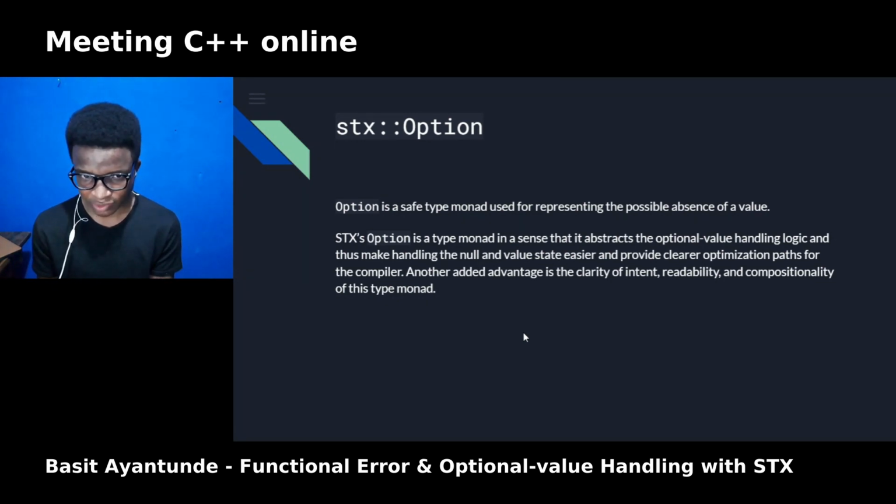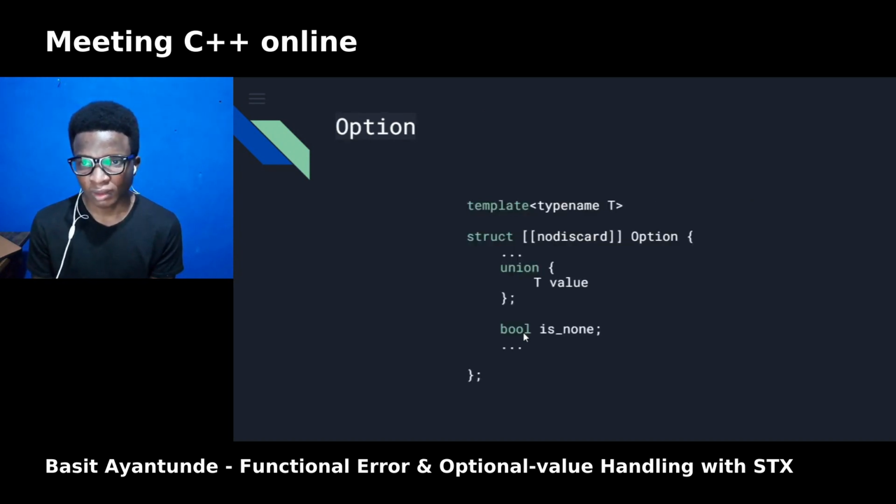Another advantage of Option is the clarity of intent, and the readability and composability of this type monad. The Option struct is basically implemented as a union with a tag discriminant boolean that tells us whether it is a None or a Some variant.